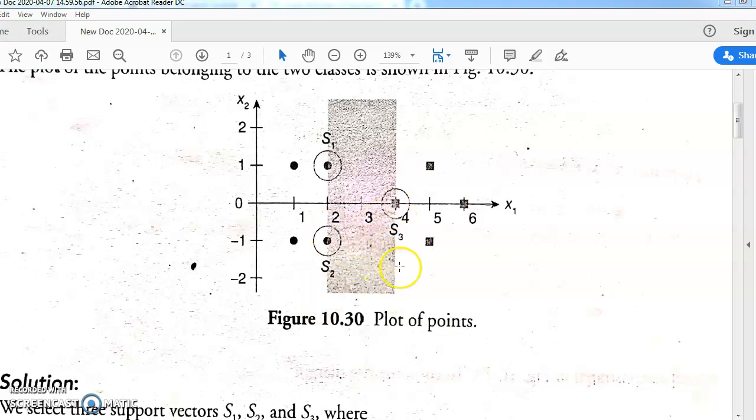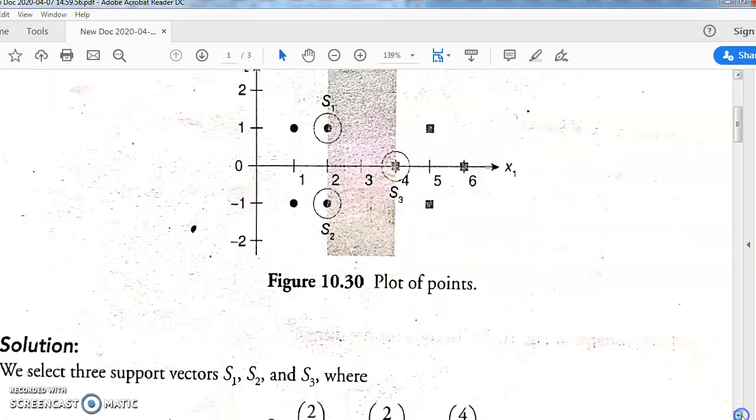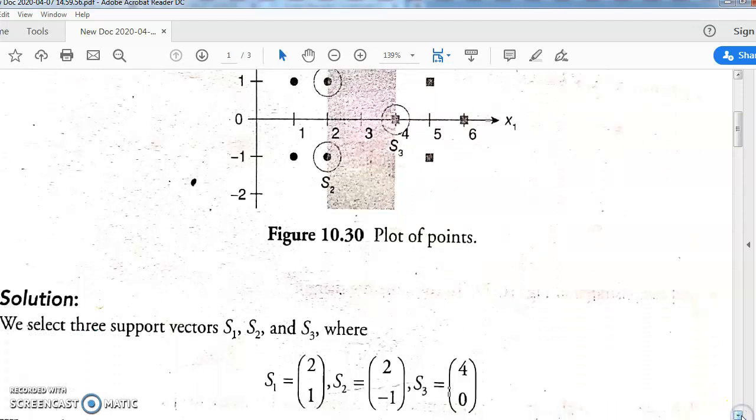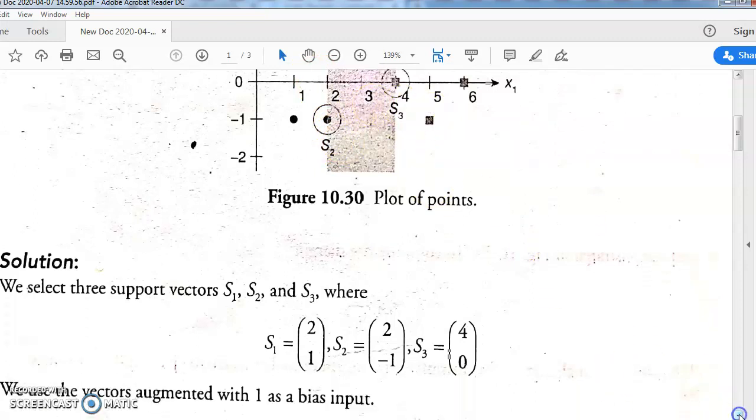Okay, so write down those support vectors. First give them names, that is S1, S2 and S3. Now note down their points. So S1 is (2, 1), S2 is (2, -1), and S3 is (4, 0). Now we have to find the